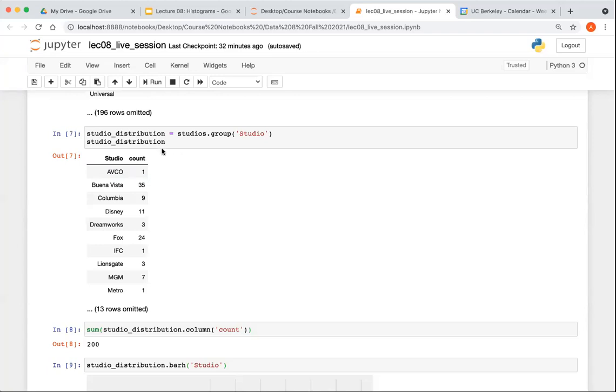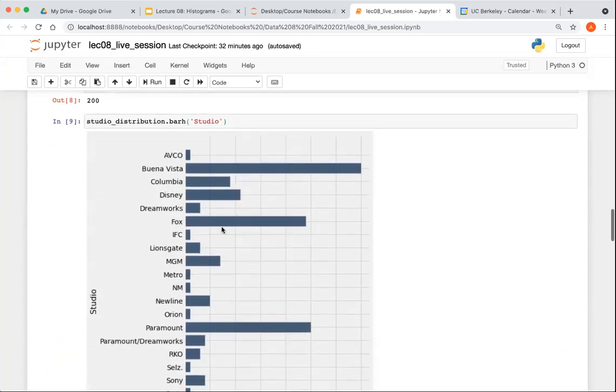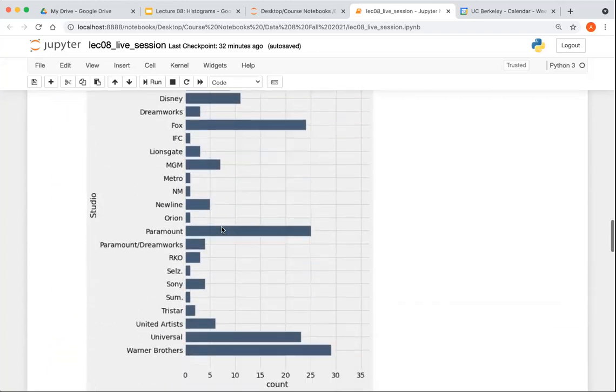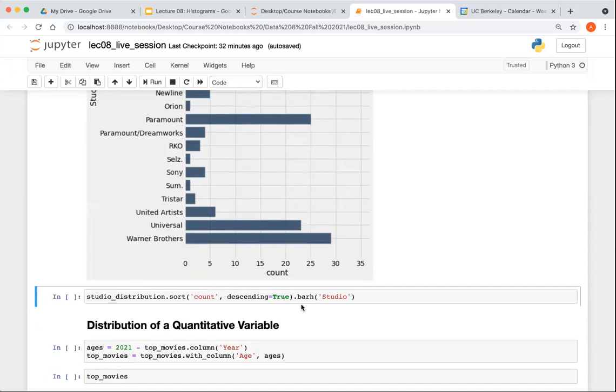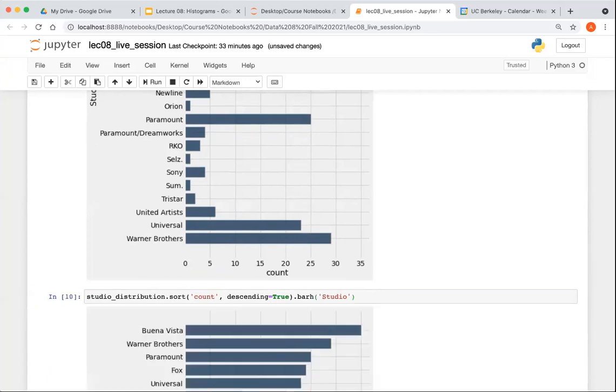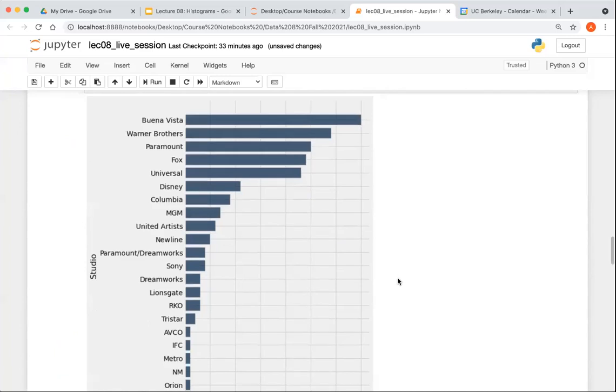So the point I'm making here is that group by default arranges the values, the categories, in alphabetical order. So this is difficult to interpret, so we should sort. And a natural thing to sort by is the number of movies, the count. So we sort by count in descending order, and then we draw the bar graph, and you can see that